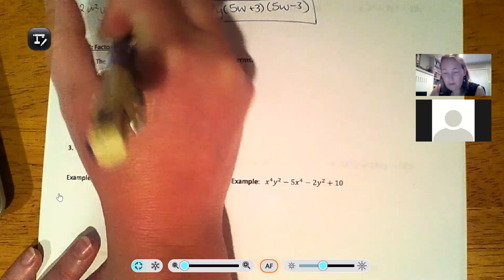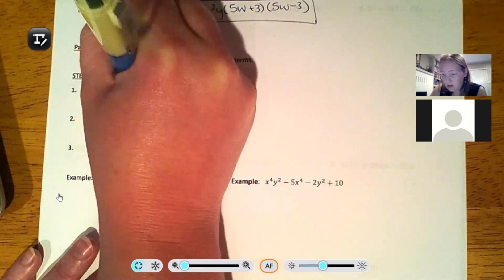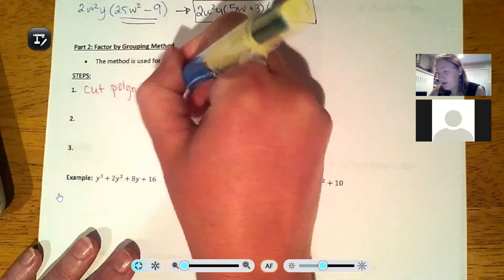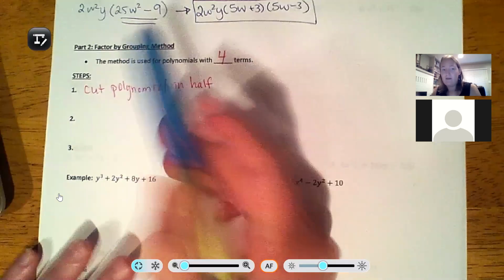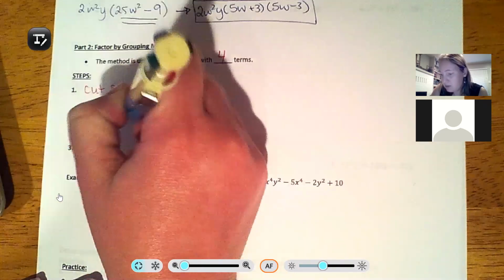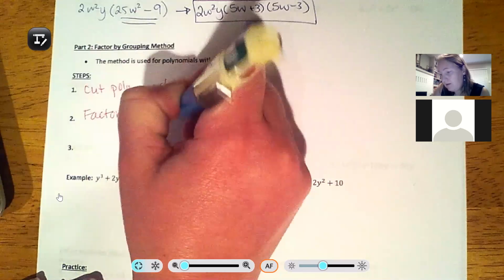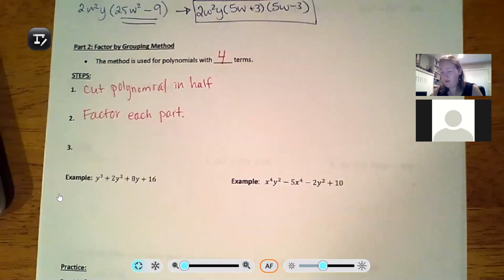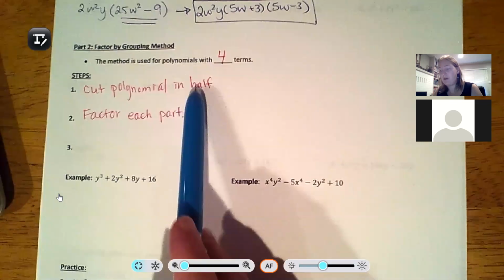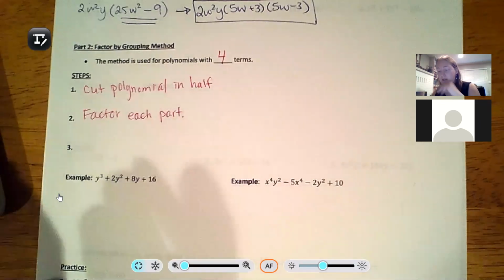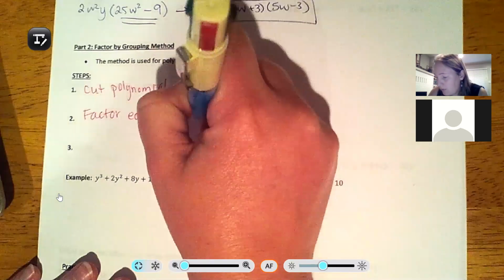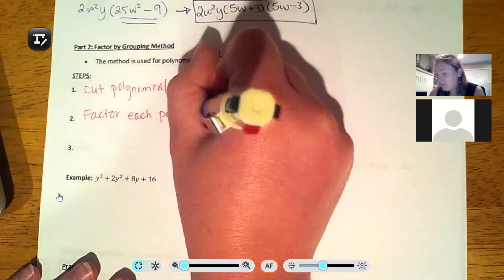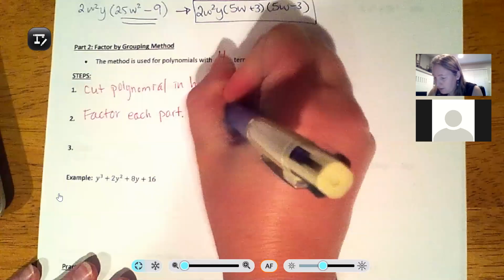So the idea is you're going to cut the polynomial in half. So basically you're going to group it into one half and another half. Then you're going to factor each part. So when you cut it in half and you had 4 terms, you're going to factor the first 2 terms and then you'll factor the second 2 terms. There's a note I want to make about negatives. So if your third term,